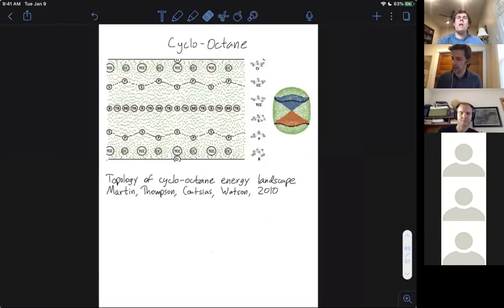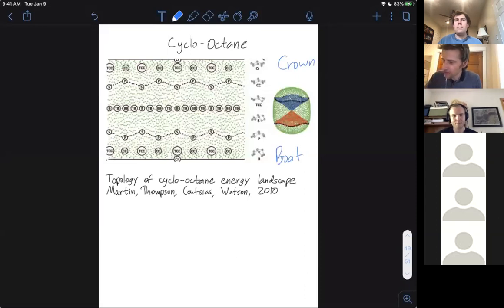The authors have a great map on this Klein bottle and sphere. In green, I have our sphere. In red and blue, I have the two Mobius bands which form the Klein bottle. They've mapped out where some of these common molecule configurations, like the crown configuration, the chair configuration, the boat configuration, or the boat chair configuration, live on the sphere. I guess this is something like a Mercator projection.